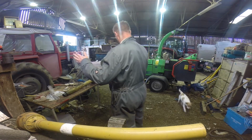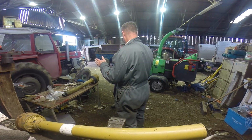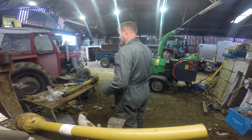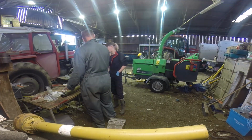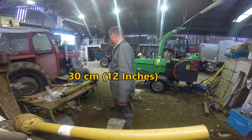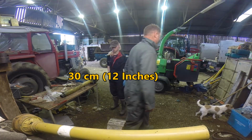You've got to have leeway. We've got to take 30 off the whole. Okay. Yeah, so we need to take off 30 centimetres of the entire length of this, for which we would need